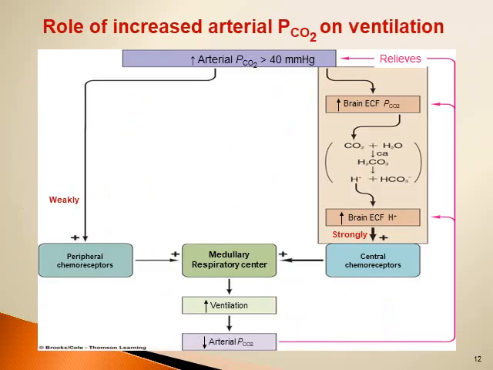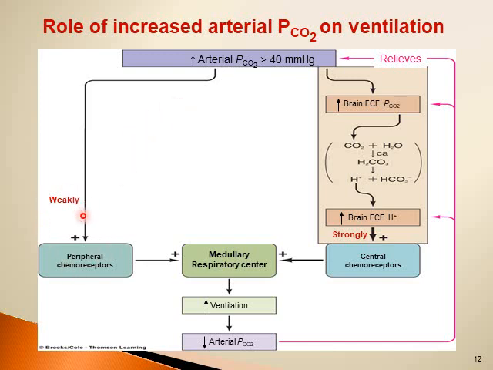So let's discuss how changes in carbon dioxide, oxygen, and hydrogen can affect respiration or ventilation. Let's start with carbon dioxide. We know that the normal partial pressure of carbon dioxide in the arterial blood is 40 millimeters of mercury. This is what we studied in the previous lectures. So if the arterial partial pressure of carbon dioxide exceeds the normal value of 40, it is higher than 40 millimeters of mercury,